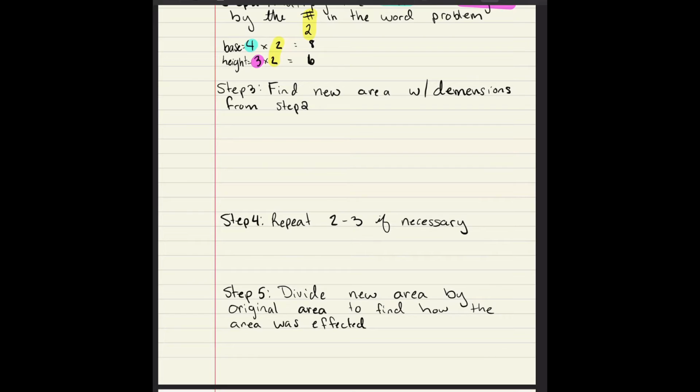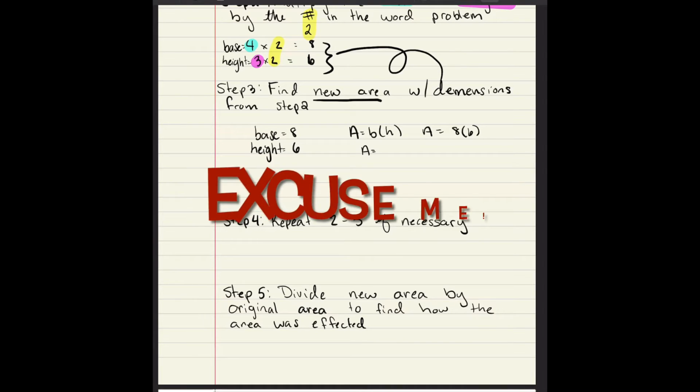Step 3 is find new area with dimensions from step 2. So we're going to find the new area with the dimensions in step 2, which are these dimensions. So our base now equals 8, and our height now equals 6. So our new area,